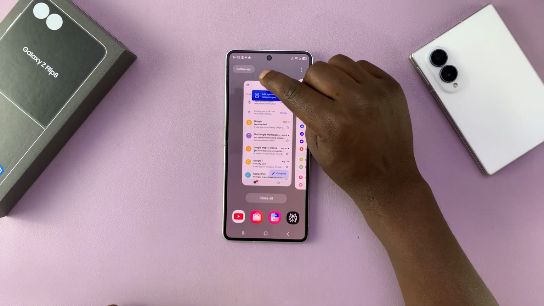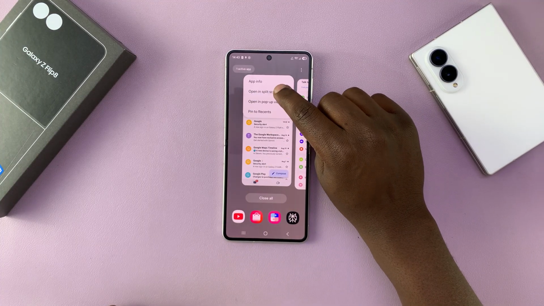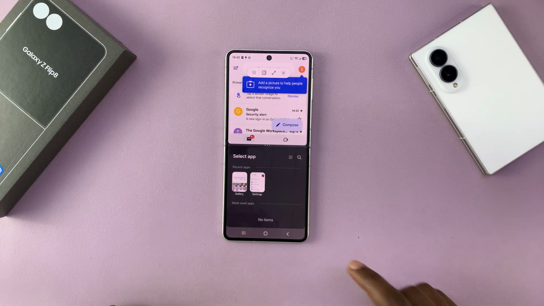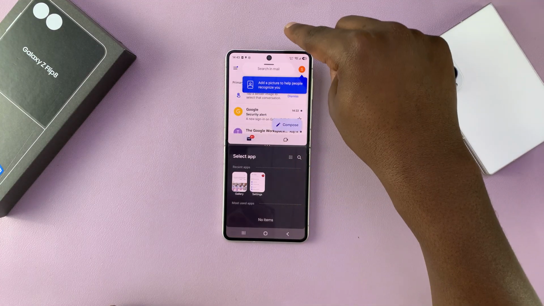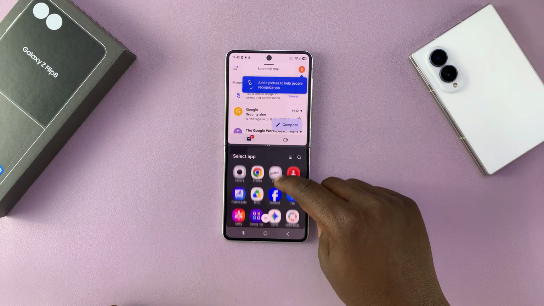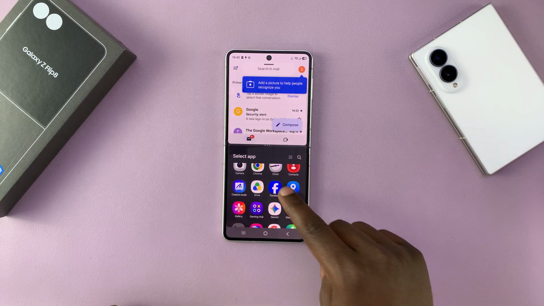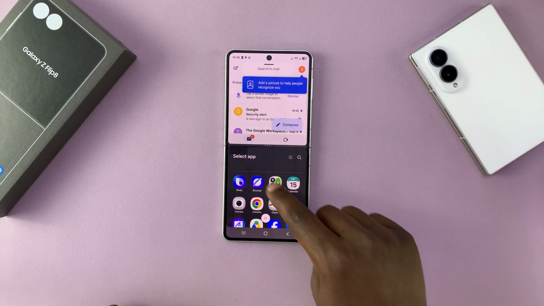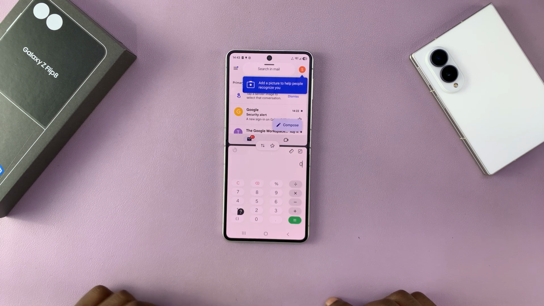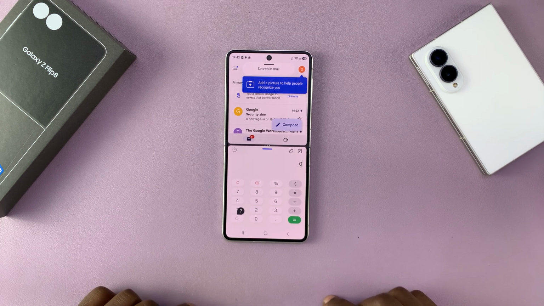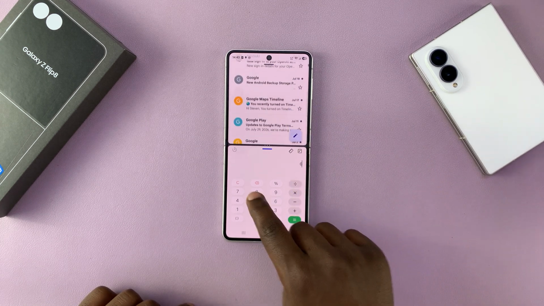And then you go to the app, tap on the app icon, and then select open in split screen view. And then it's going to open up in the top half of your screen. And then in the bottom half, you'll have the option to select another app that you want to open. So let's say that app is a calculator, for instance. So as you can see, those two apps are open in split screen and I can use both of them